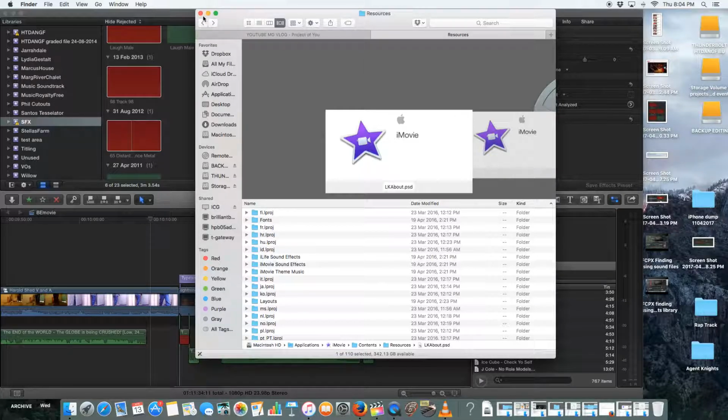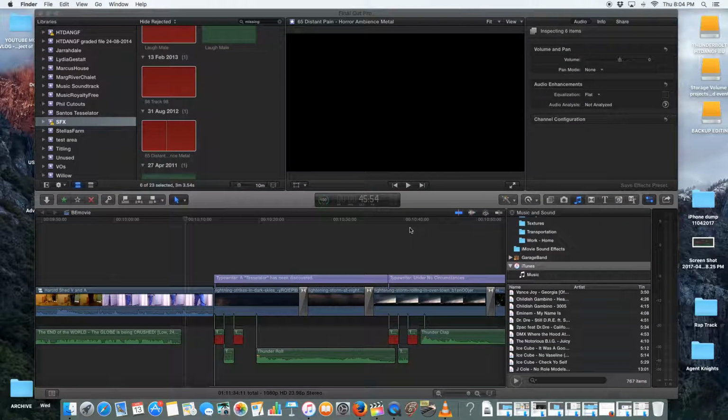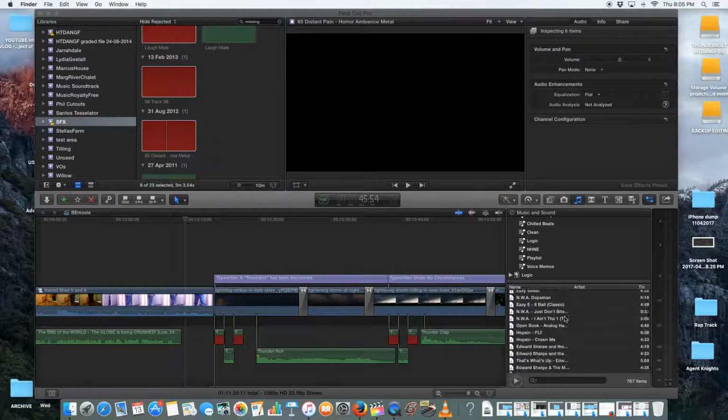I finally found them, and they weren't inside the iMovie folders. They weren't inside the iMovie sound effects folders. They were not inside the Final Cut Pro sound effects folders, and they weren't inside the iLive sound effects folders. But guess what? There is another set of folders. There's GarageBand, which it would not be in, but there's also iTunes. And it's very possible that there may be some effects inside